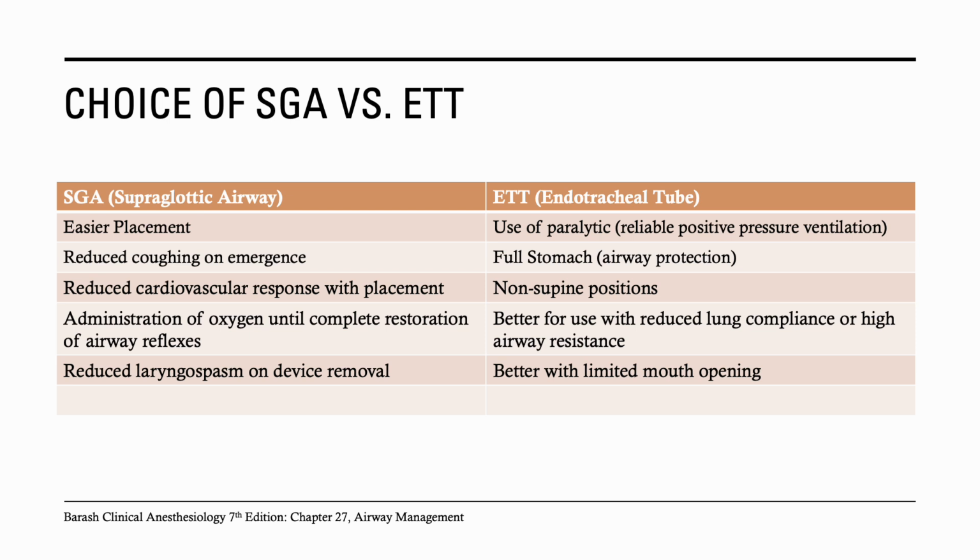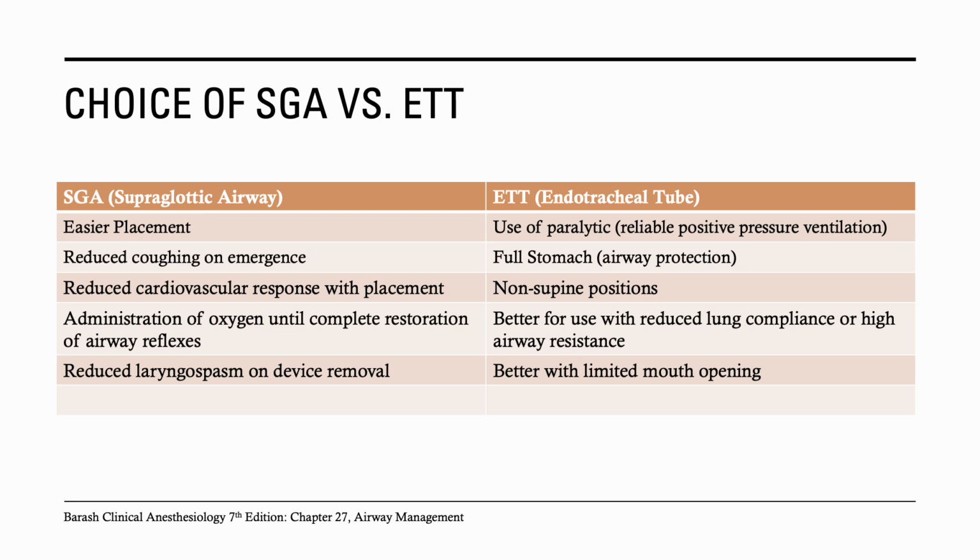Because it's a little more gentle, there's a reduced cardiovascular response when you put the LMA in. You can administer oxygen completely and continuously until your airway reflexes come back, and there tends to be a lower incidence of laryngospasm when you